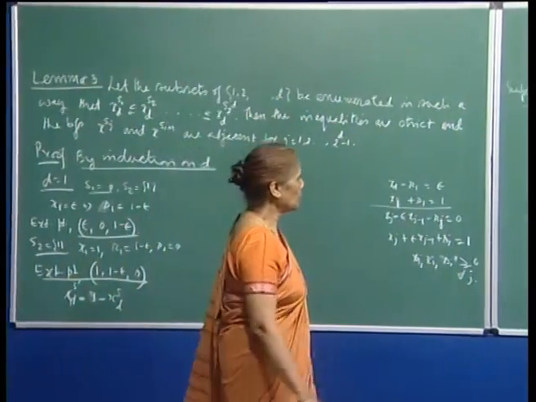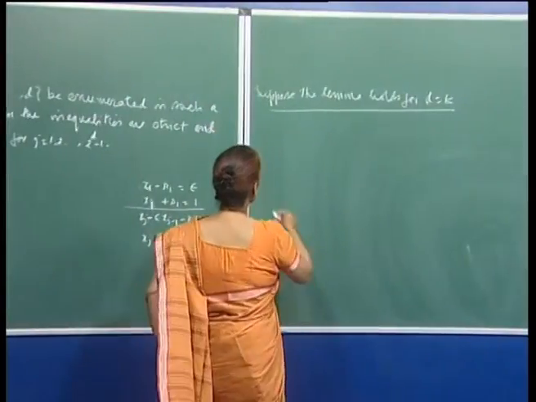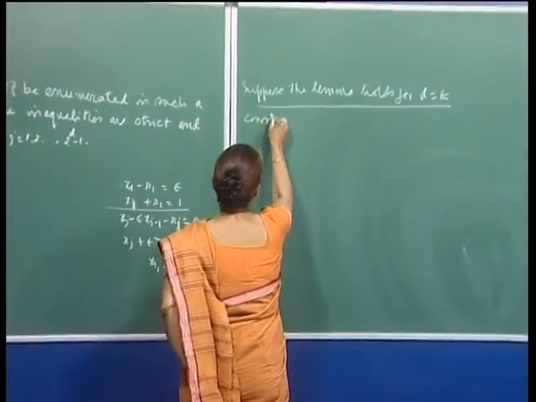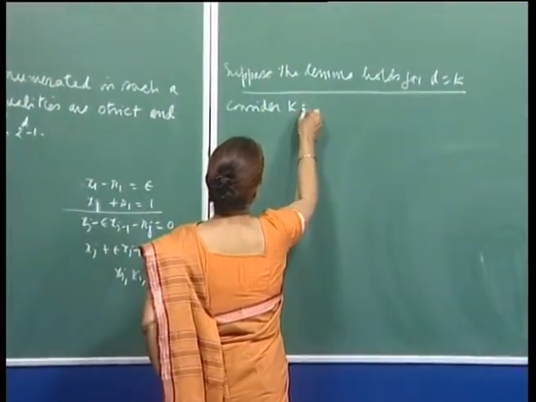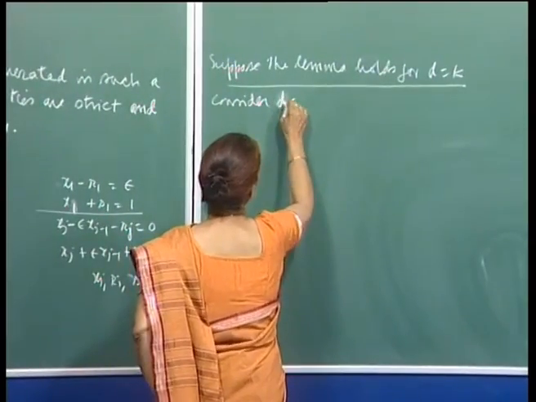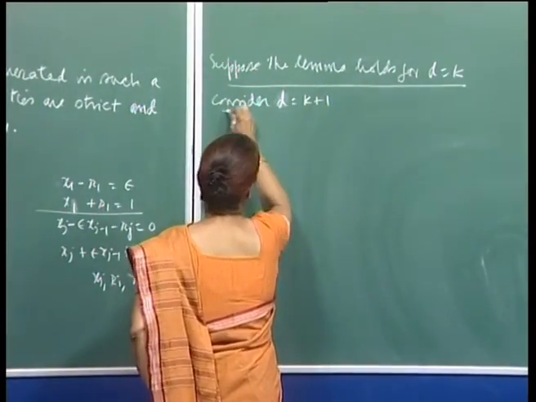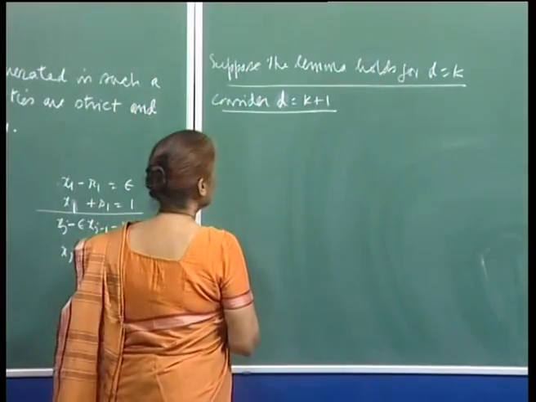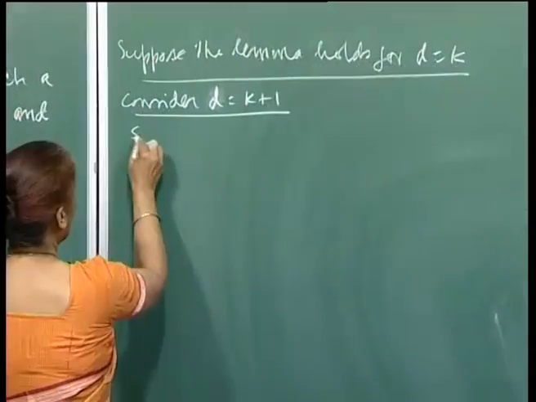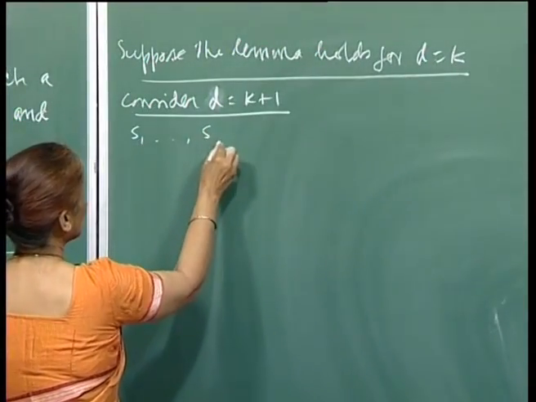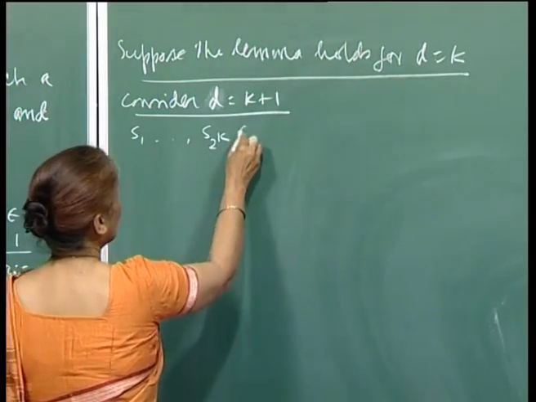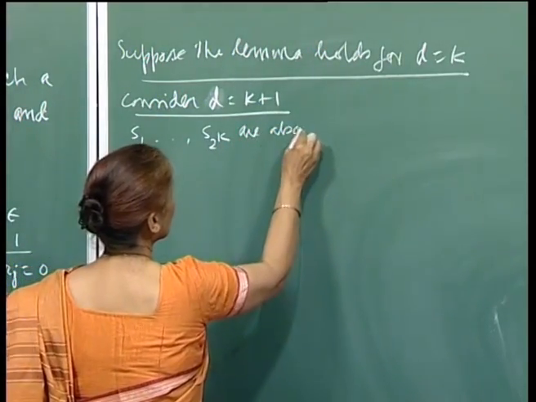So, suppose the lemma holds for this. So, now consider d equal to k plus 1, right. So, the thing is that S 1 to S 2 raised to k are also